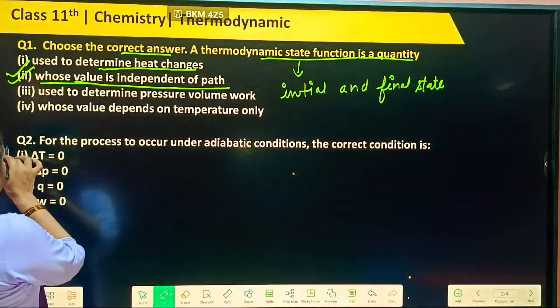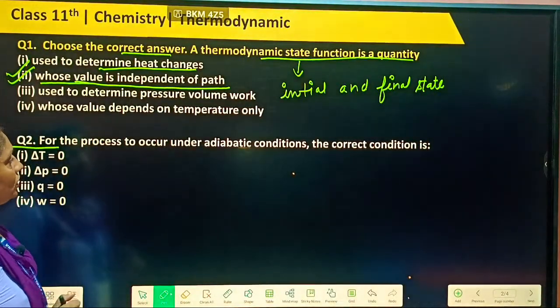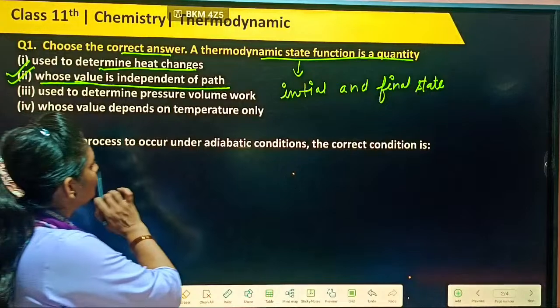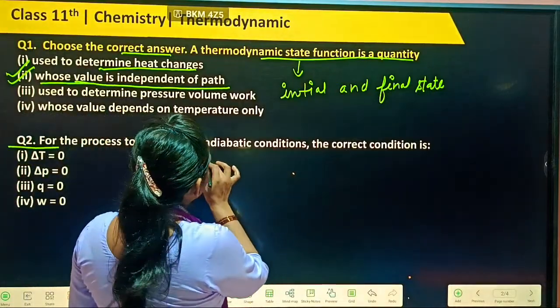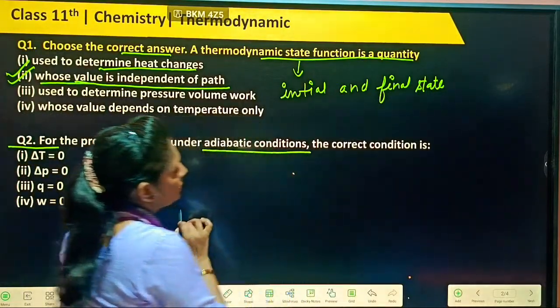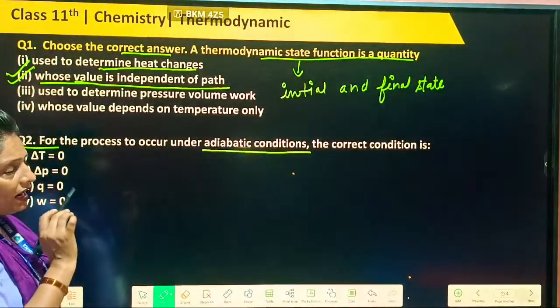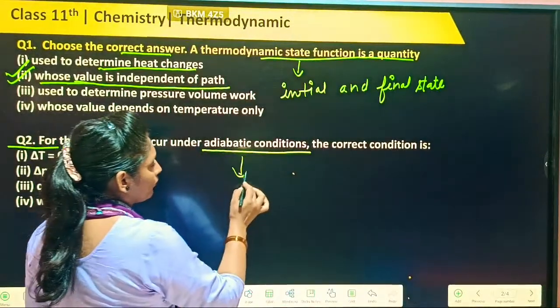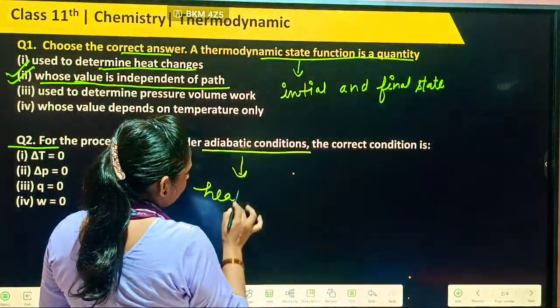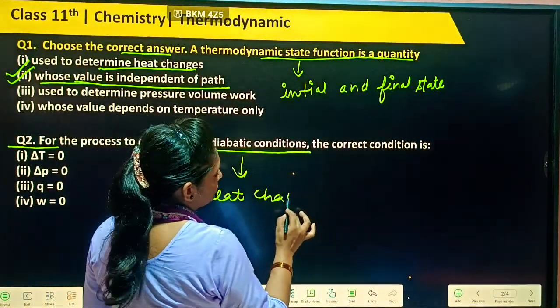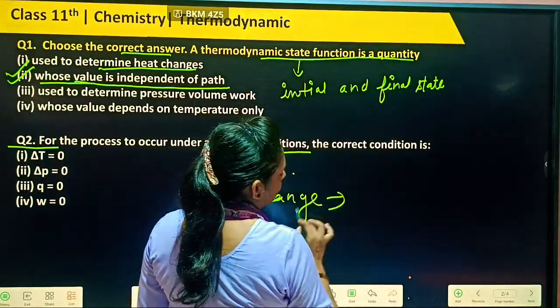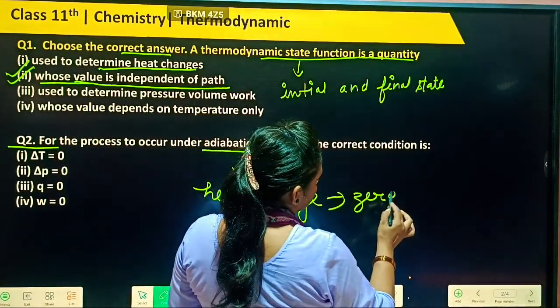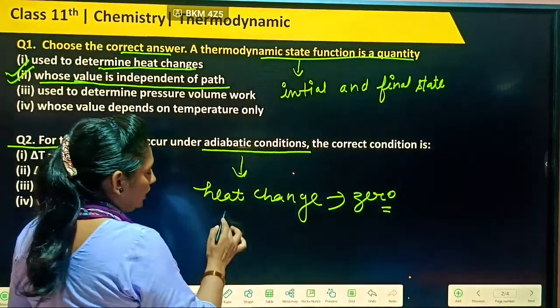Then students, let's see question number 2. Question number 2 is: for the process to occur under adiabatic conditions. Students, in adiabatic condition, what do you mean by it? If heat change is zero,